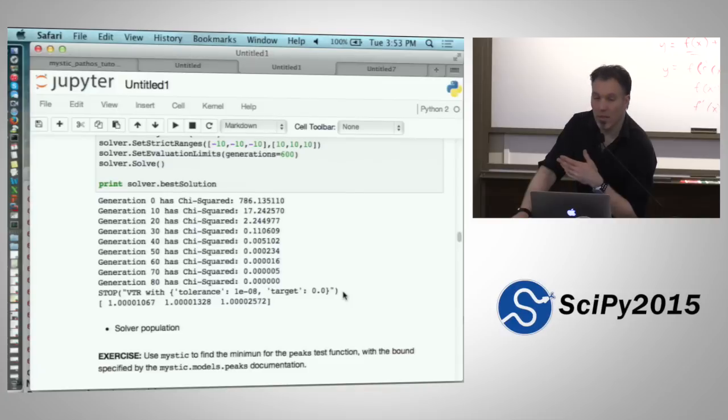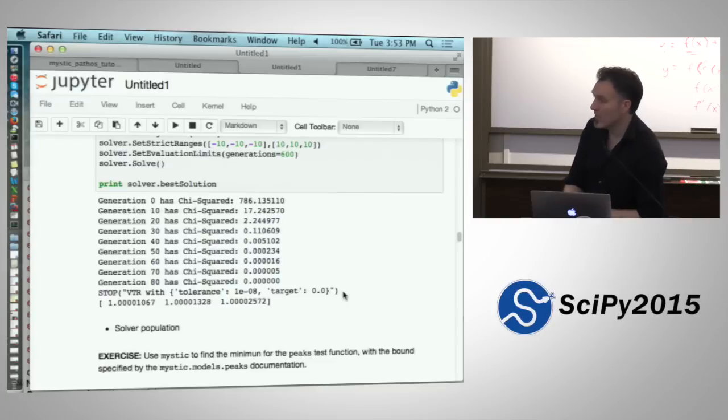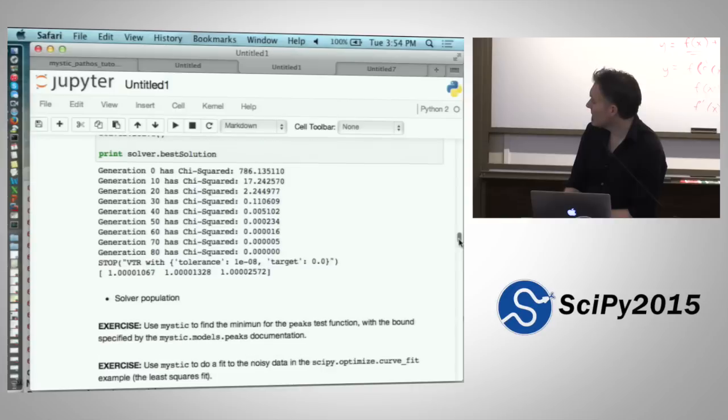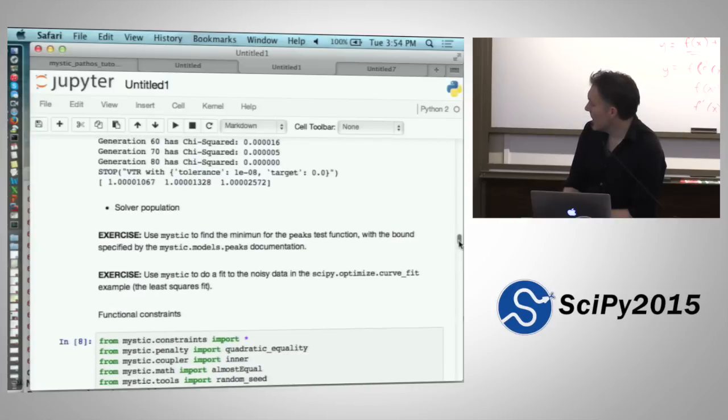That actually writes to the log too, so you can see what's been satisfied. It's also saved in the state of the optimizer, so you can actually pull it out of the solver. You can ask solver terminated, and it'll tell you what the termination condition was. That's what terminated does. Okay, so